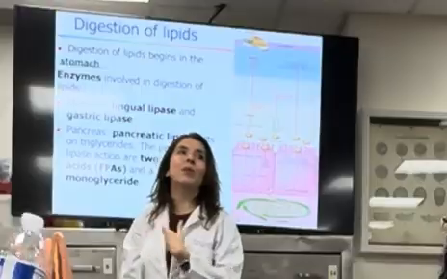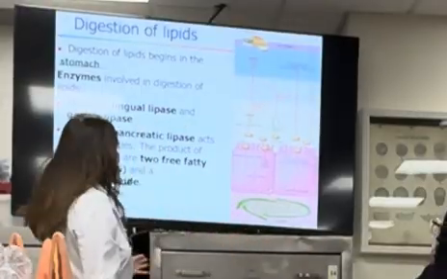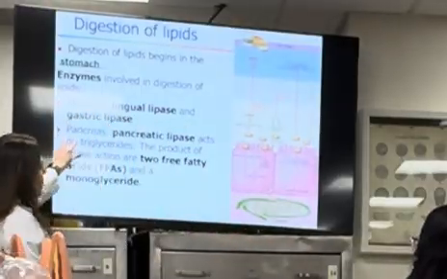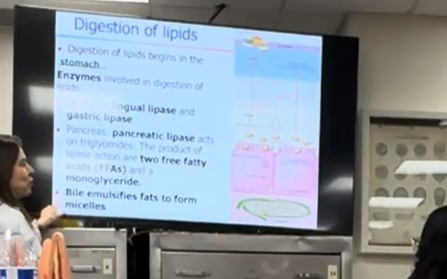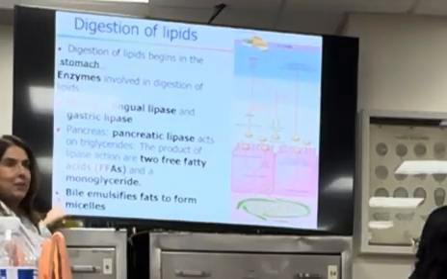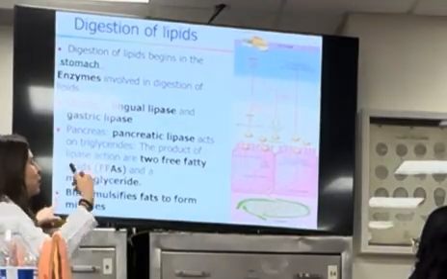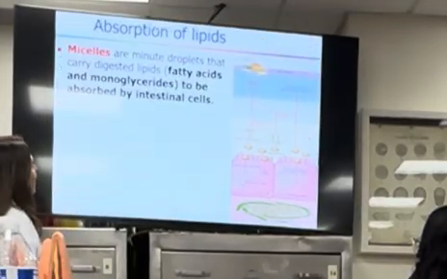The pancreas, as we know, can digest pretty much all types of nutrients. So we have pancreatic lipase, important for digestion of lipids, and the bile helps to emulsify the fats. Okay,